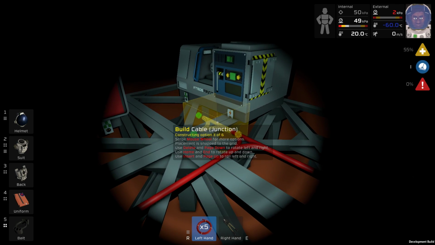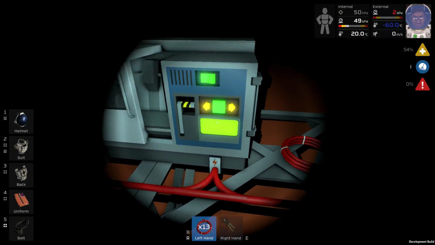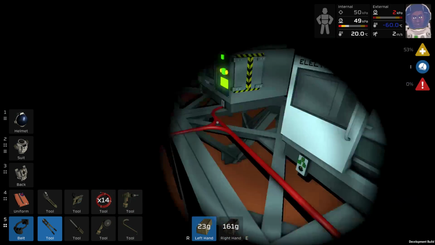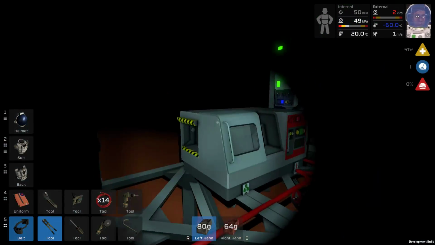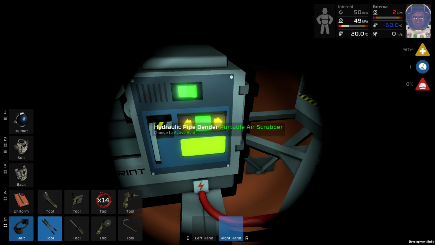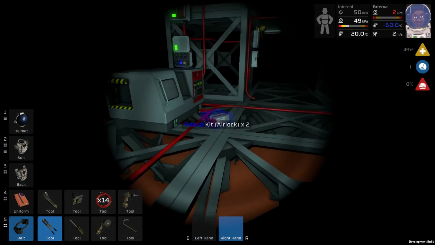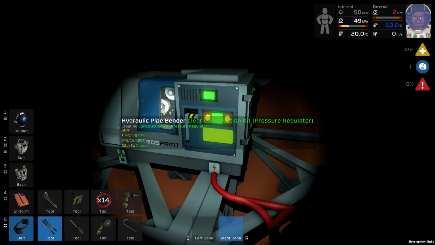Alright, so this doesn't need to be a junction anymore. Alright, so we have a decent amount of resources here. I'm going to start on the hydroponics, or the atmospherics rather. So I'm going to make, let's see, 2 pumps, 2 regulators, and 2 volume pumps. And